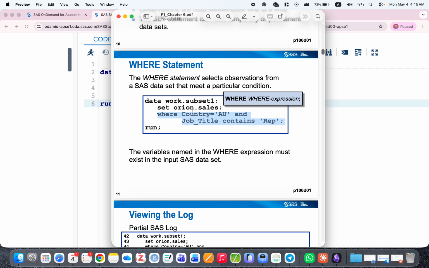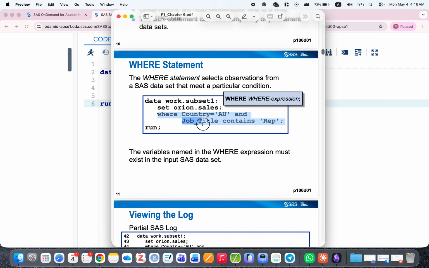Since we use AND here, both conditions must be true for an observation to be included in the output. And one important rule: the variables in the where expression,